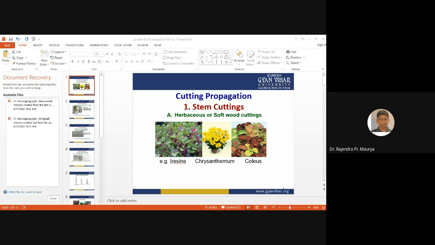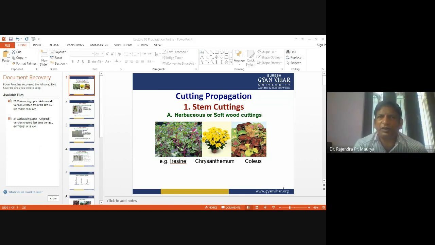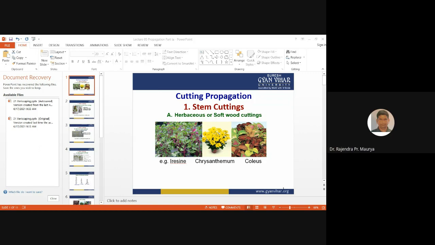What we have to do in this one, especially for the Bryophyllum, is take the mature leaves, and in a tray or pot, fill the well prepared potting mixture that must be rich in nutrient content. Then you can place the Bryophyllum leaves on it. If you maintain the moisture, then within 2 to 3 weeks you will see new plantlets on the leaf margins.